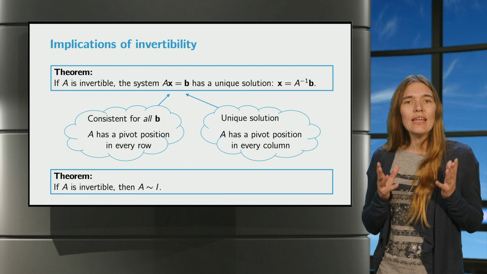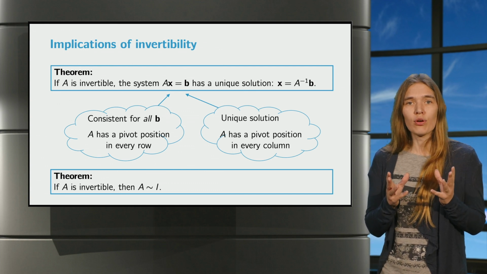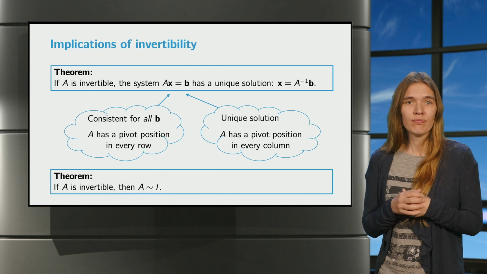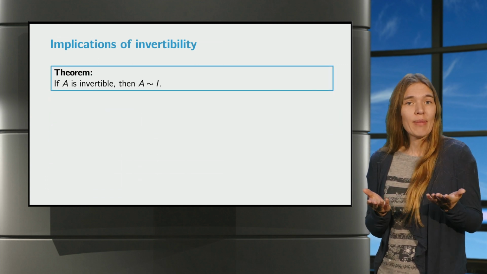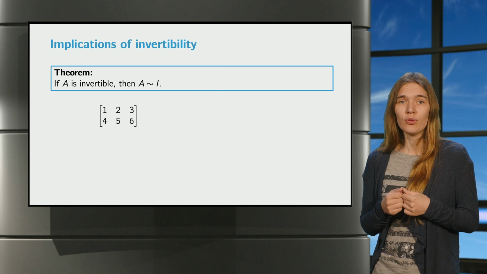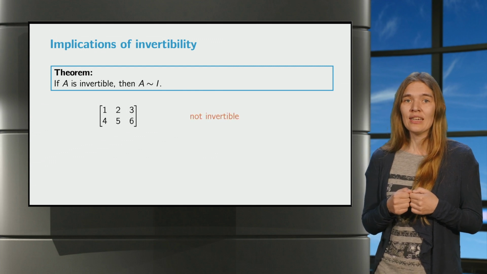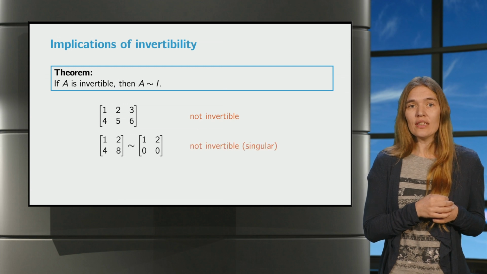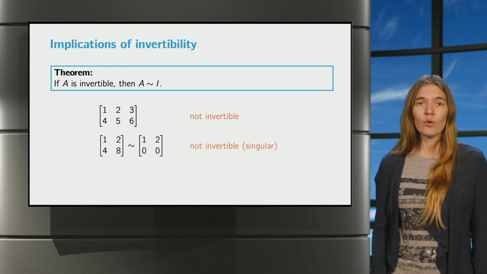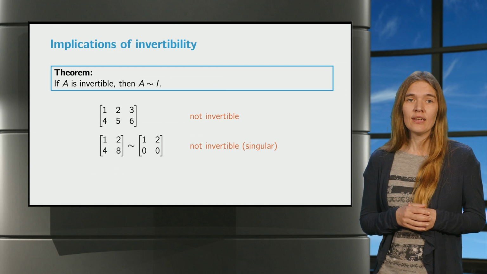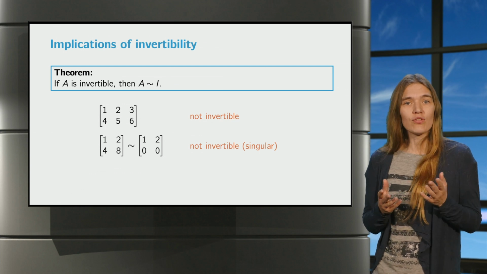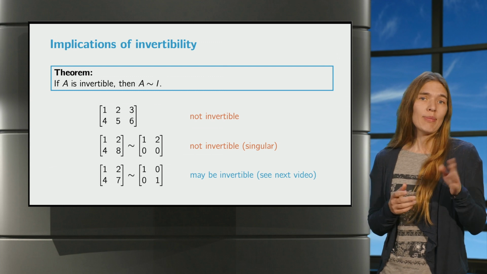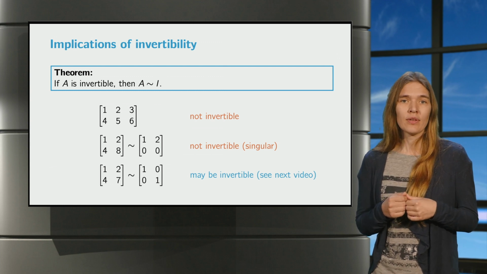This means that any matrix whose reduced echelon form is not the identity matrix cannot be invertible. So, non-square matrices are not invertible, to give an immediate example. And this square 2 by 2 matrix is not invertible either. This matrix is not row equivalent to the identity. This third example is row equivalent to the identity. It could be invertible. We'll get back to this later in the course.